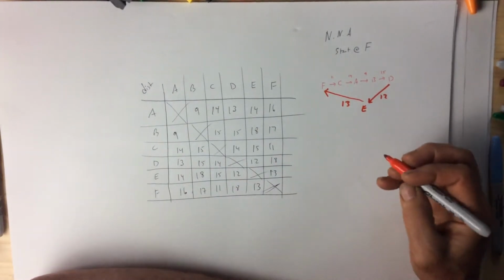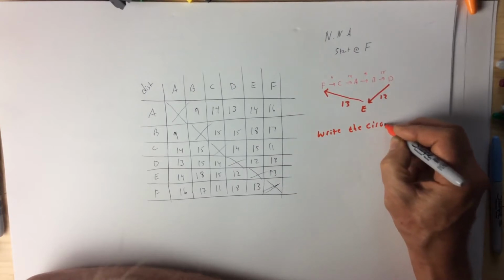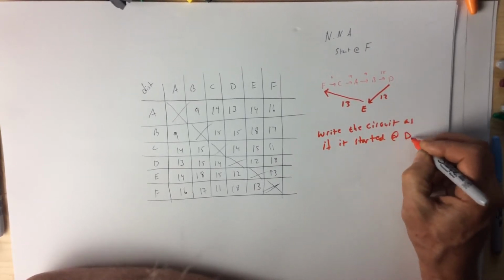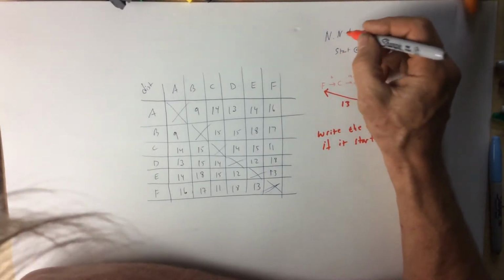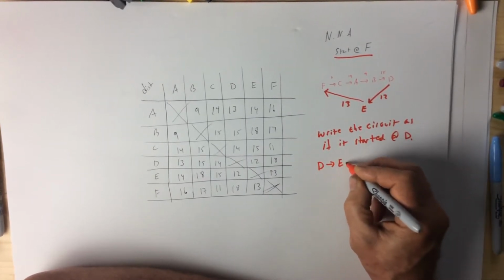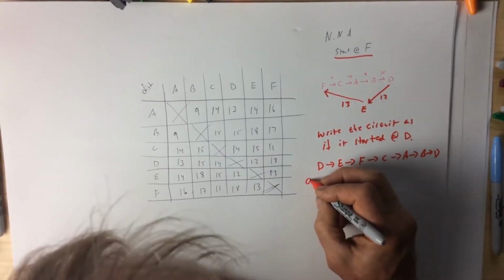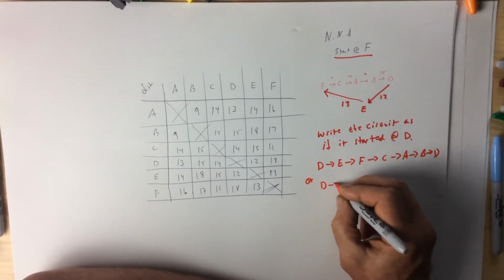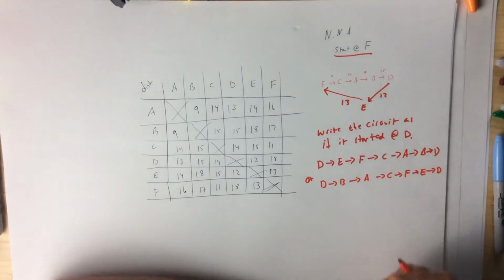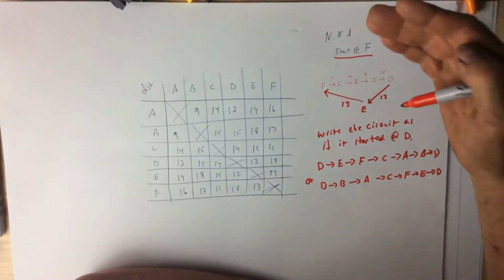Now, we could also write it as if we were someplace else. For example, write the circuit as if it started at D. Well, it still was the nearest neighbor algorithm started at F to produce the answer, but I could write it as D in two ways. I could say D, E, F, C, A, B, D, or I could run it backwards. I could write it as D, B, A, C, F, E, D. Both of these are legitimate ways to write this answer, but if you wanted to say where it came from, you would say it's a nearest neighbor algorithm started at F,